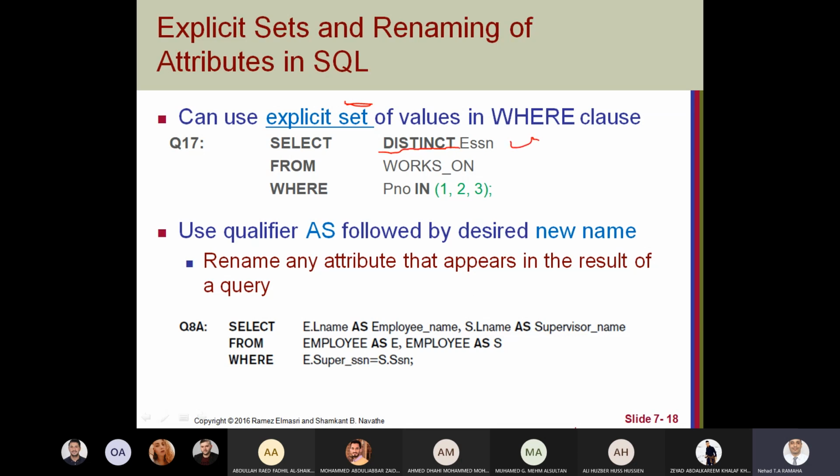This is about the result. What if I want to check the value in the where clause against a set of values?